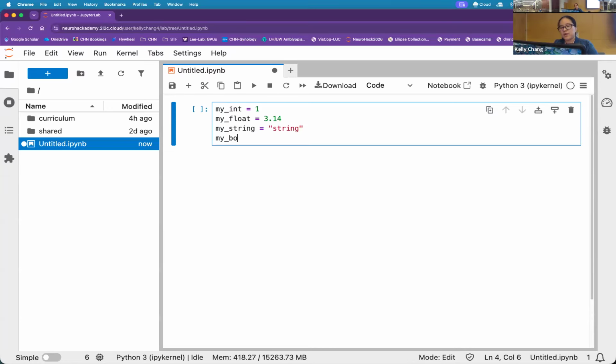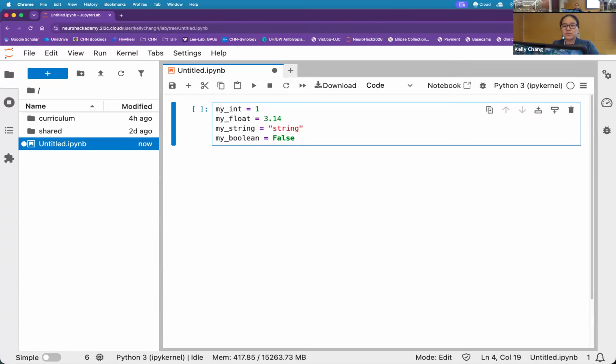And we also have my Boolean, which is short for true. And please note the capitalization scheme. It's an uppercase T, lowercase everything else, or false, same kind of capitalization scheme. If you come from other coding languages such as R or MATLAB or C or JavaScript, you know some of these things are more grammatic. In terms of syntax, there might be small differences here, but we're representing the same kind of data classes.